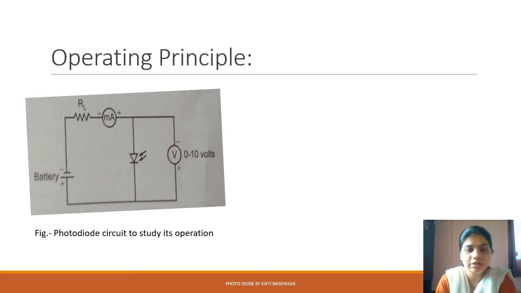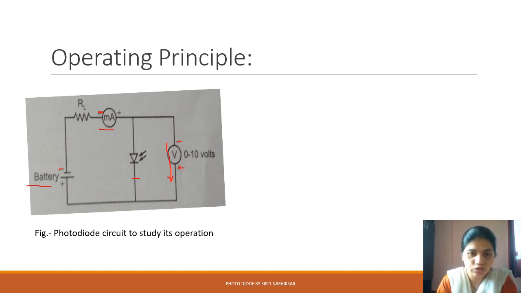So again it is in reverse biasing mode, and as we know, for drawing the VI characteristics we must note down the voltage as well as the current. For taking those values, the voltmeter is always connected in parallel with the device. The polarity of the voltmeter is similar to that of the power supply or battery, as you can see here. The ammeter is connected in series with the component, and the minus of the battery is connected to the minus of the ammeter. If there is plus of the battery, then here there will be plus of the ammeter.